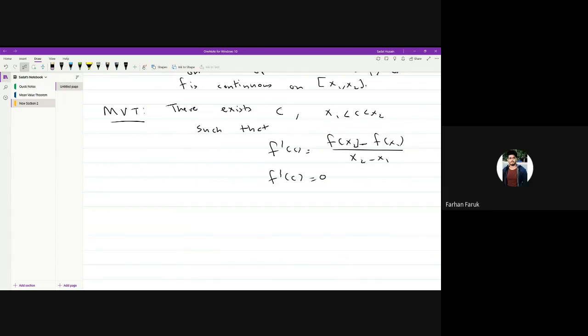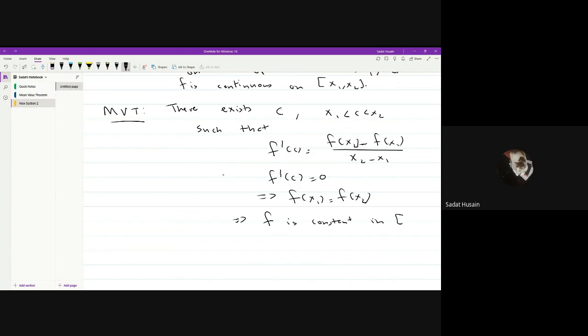That's what the question says, what the corollary says. Now, if f prime of x is equal to 0, then f of x1 equals f of x2. Then exactly, right? So then f is constant